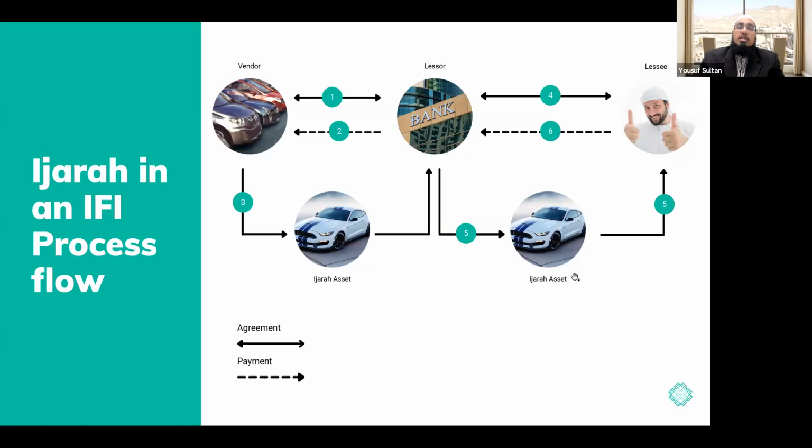So we know financial lease and operating lease, right? Operating lease is where I really want to just lease the asset. I don't have an end goal to purchase the asset or get full ownership of the asset. Whereas financial lease is where the lease is just a vehicle to finance the asset for the lessee. So in this case, let's say the lessee wants to ultimately purchase the asset. So what will happen is that, with the same structure, the lessee will go to the bank and all those things will happen.